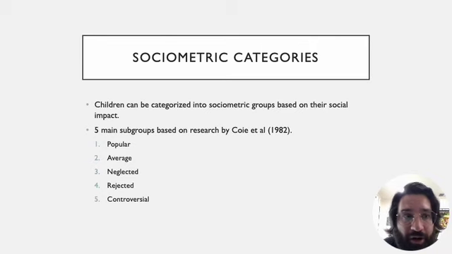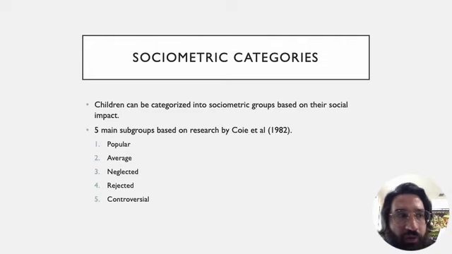Average, this is where there's maybe kind of a 50-50, right? Some favorable comments, maybe some unfavorable comments. We have neglected. This is kids who don't even show up in other kids' reports, right? They're just kind of forgotten or neglected, not included. You have rejected, which would be kids who have more unfavorable ratings than favorable ones. And controversial would be where